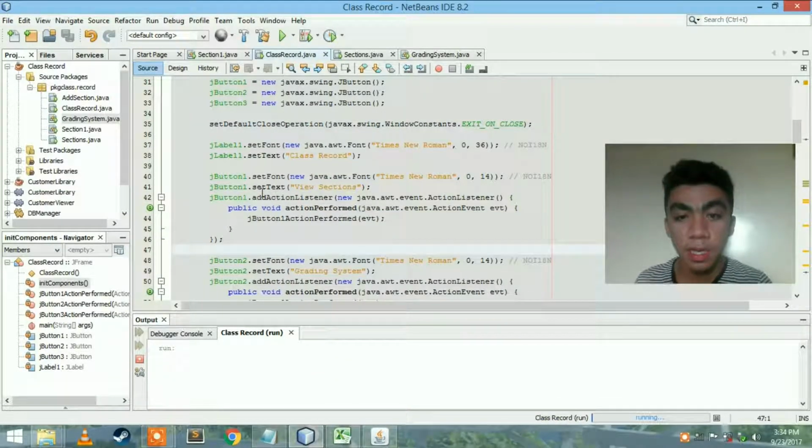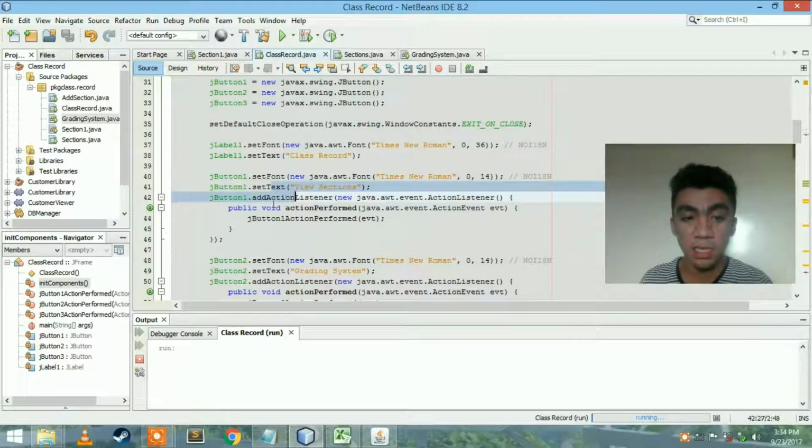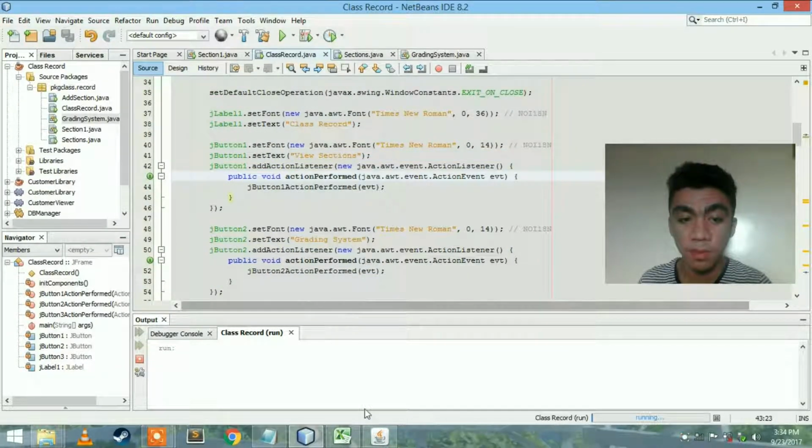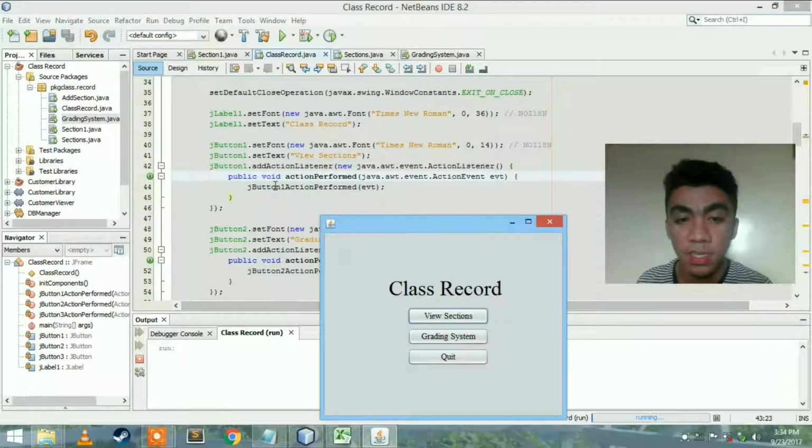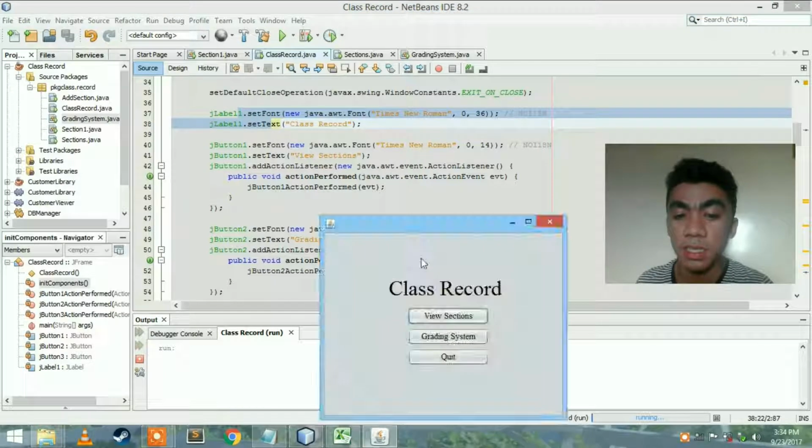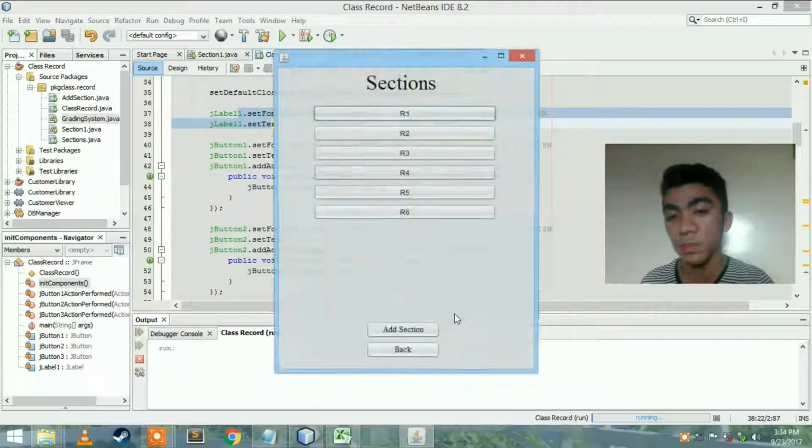We just set the font and the text, same also in the view sections. The class record label has no action, but the view sections has an action,